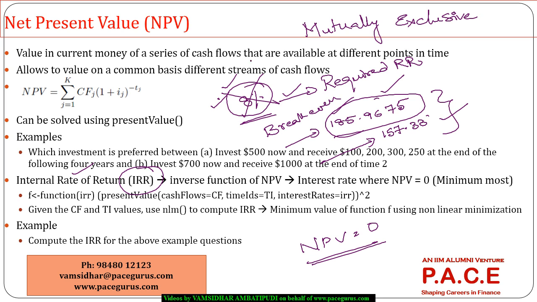Instead of 8%, if it becomes 10% or 15%, if the required rate of return is 15%, will the NPV still be positive? If the required rate of return is 20%, will the NPV still be positive? So what is that rate of return where the NPV will become 0 is what we are calling the